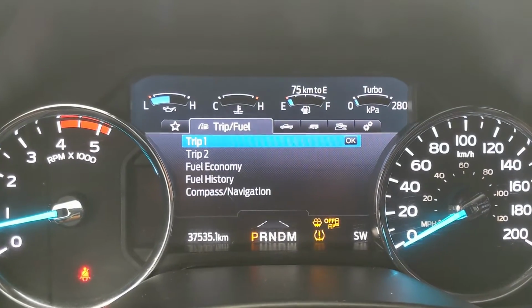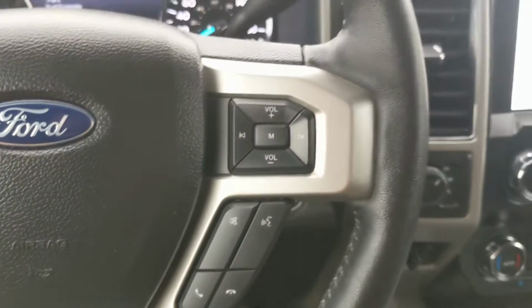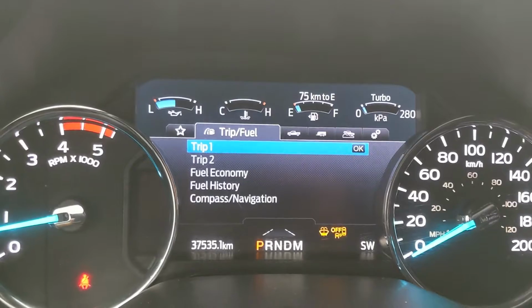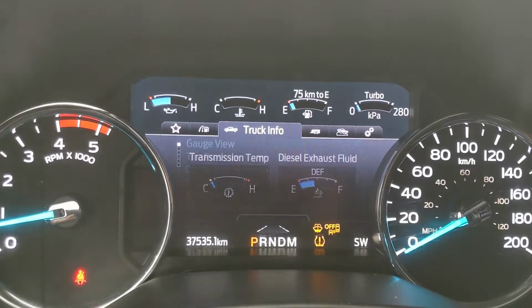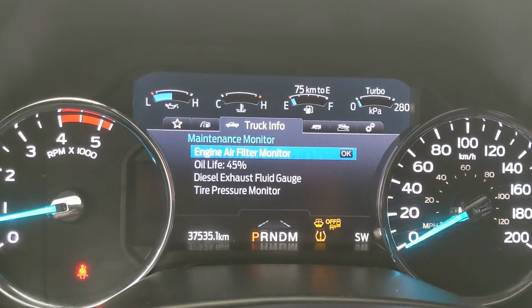And moving down to the steering wheel, on the right-hand side, you have your hands-free phone and radio controls. And on the left, you have your cruise controls, as well as your controls for your center info screen here, where you can cycle through your trip 1 and 2, fuel economy, fuel history, and compass. And you have your truck info with your gauges, tire pressures, digital speedometer, engine information, transmission temperature, and maintenance monitor. Then you have your towing information, off-road status, and settings for your screen, and some other features around your vehicle,